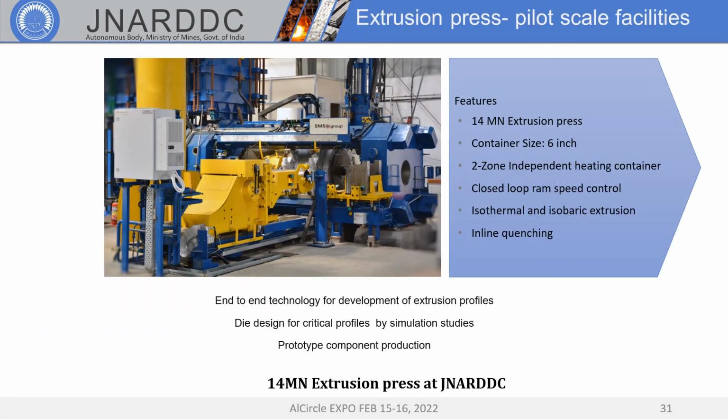This slide indicates the extrusion press facilities available at JNARDDC. Our press has a capacity of 14 meganewton, and it has a container size of 6 inch, and an 800 billet size can be accommodated. It has two independent heating zones inside the container, and closed loop ram speed control can be achieved in this press. Also, isothermal and isobaric extrusion can be achieved in this press, and it is equipped with